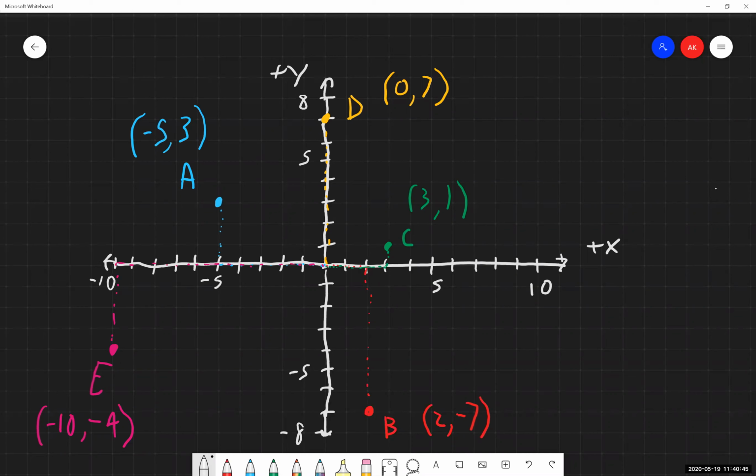Now, I will make a note of this as well, because I've seen people ask questions about this. It's a very understandable one. I think it shows up a little bit on WAMAP as well. But if you are asked to give an ordered pair as an answer, you absolutely must put your answer inside of parentheses with a comma between the two x and y values. If you do not do that, WAMAP is going to ding you on points. It's not going to give you credit for it.